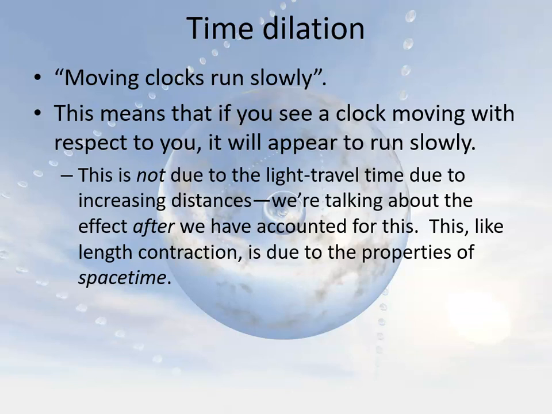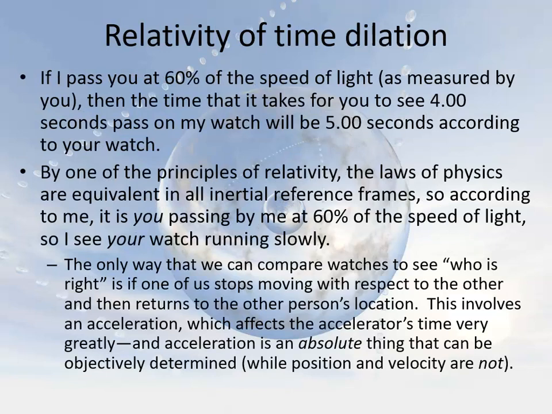So it turns out there is a solution to this paradox. Eventually you've got to be able to come back and compare clocks. But in order to come back and compare clocks, somebody has to do something that the other person doesn't do. And that is, they have to turn around. Turning around is the solution to this, because by turning around, you are accelerating. And remember, the first principle of relativity, Einstein's first postulate, is that all inertial reference frames are equivalent.